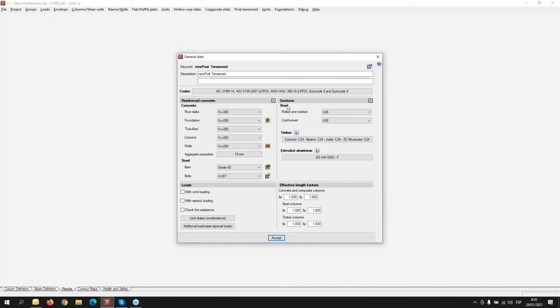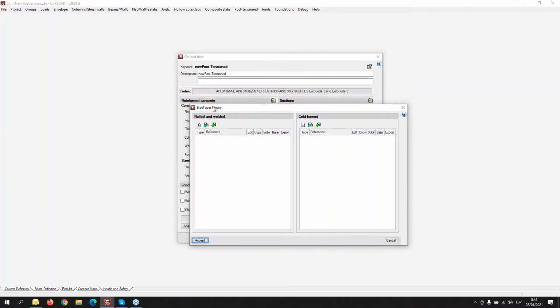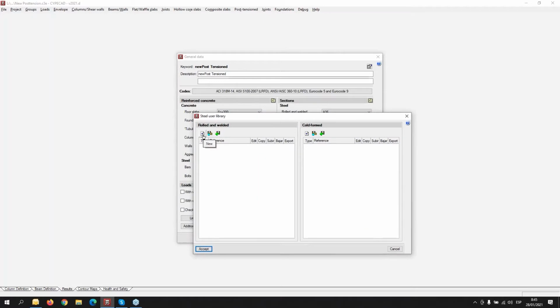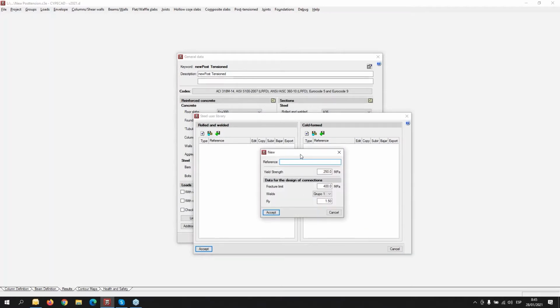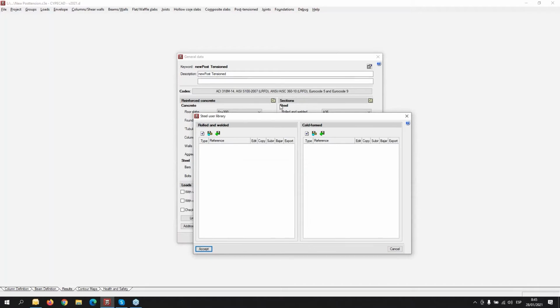But it's interesting to know that for the sections in steel, the material can be chosen here from a drop-down list, and the kind of steel, the type of steel, may be defined by the user